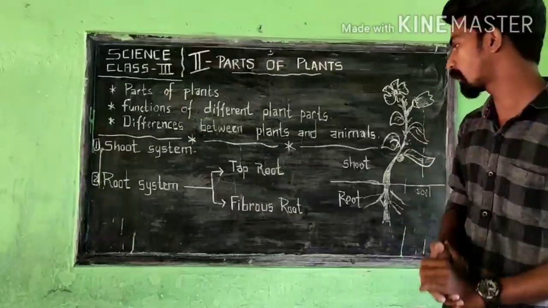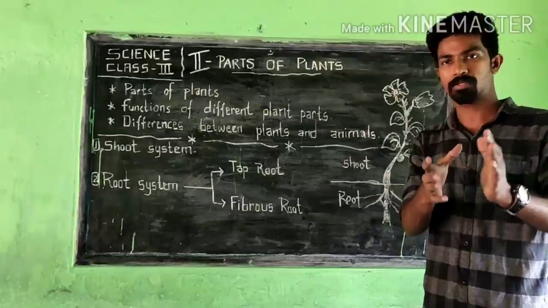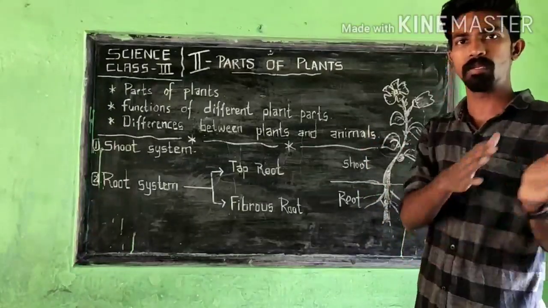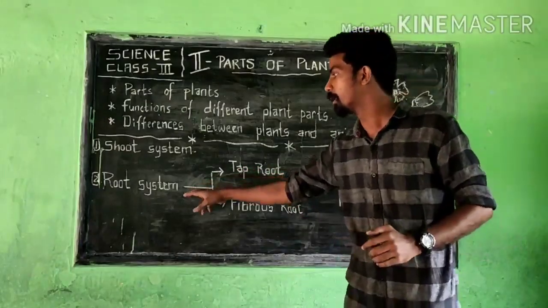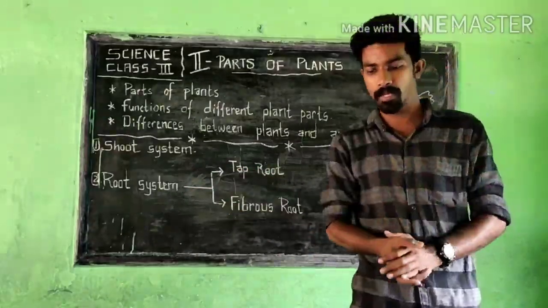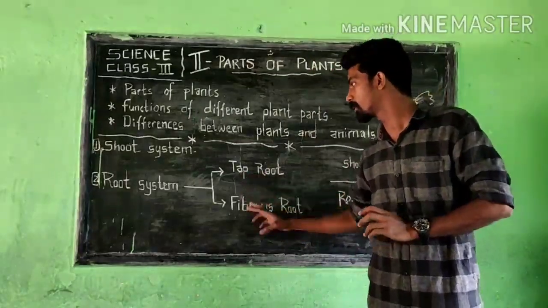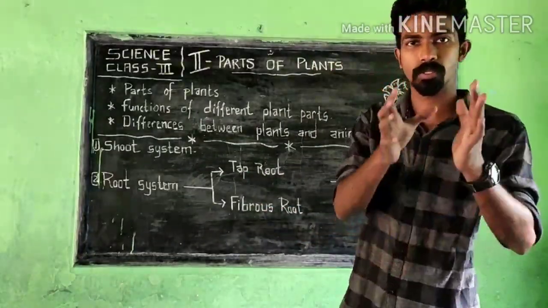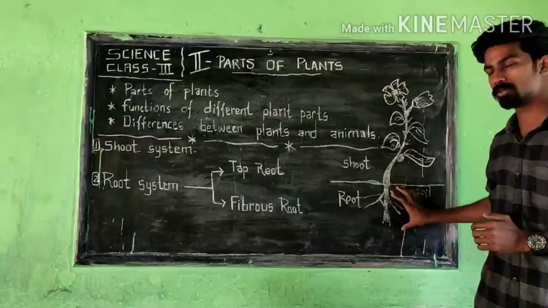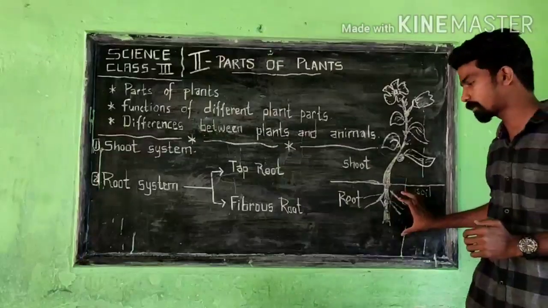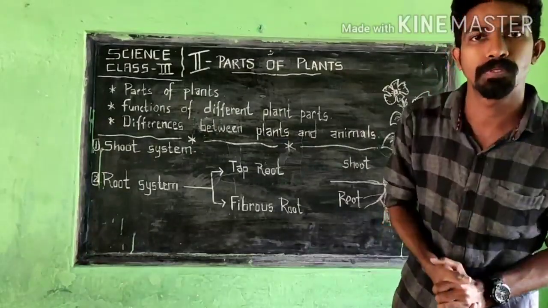Today we will study in detail about the root system. I think all of you understood the different parts of a plant. Moving to the next one, the root system. There are mainly 2 types of roots, tap root and fibrous root. We will move to that in detail. Before that, we will go through the functions of the root. What are the functions of the root? If roots are not there, then what happens to the plant?